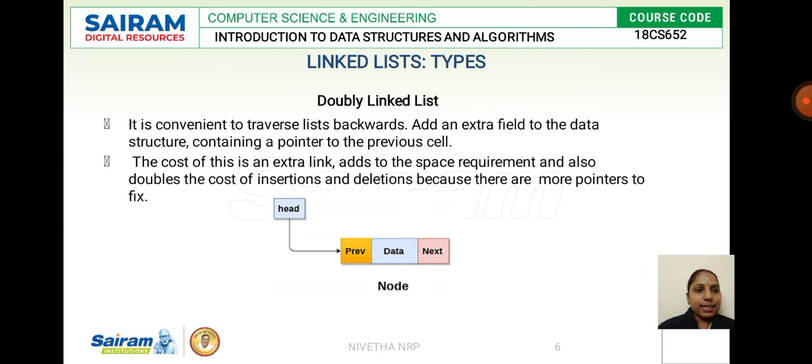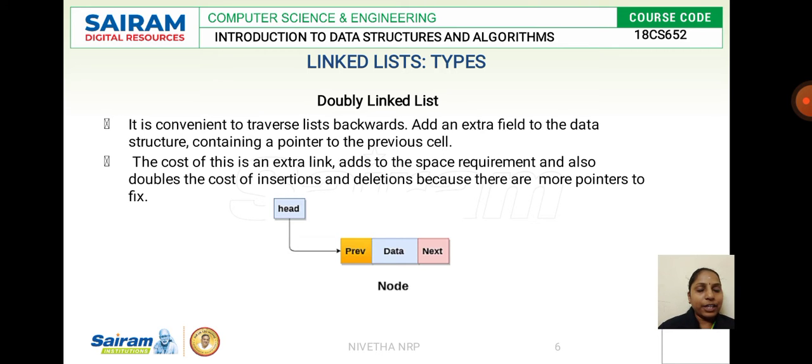In the singly linked list, each and every node has two fields. One for data, the other one for the address of the next element. Here in the doubly linked list, we have the same thing. Apart from that, we have one more link which indicates the address of the previous node.